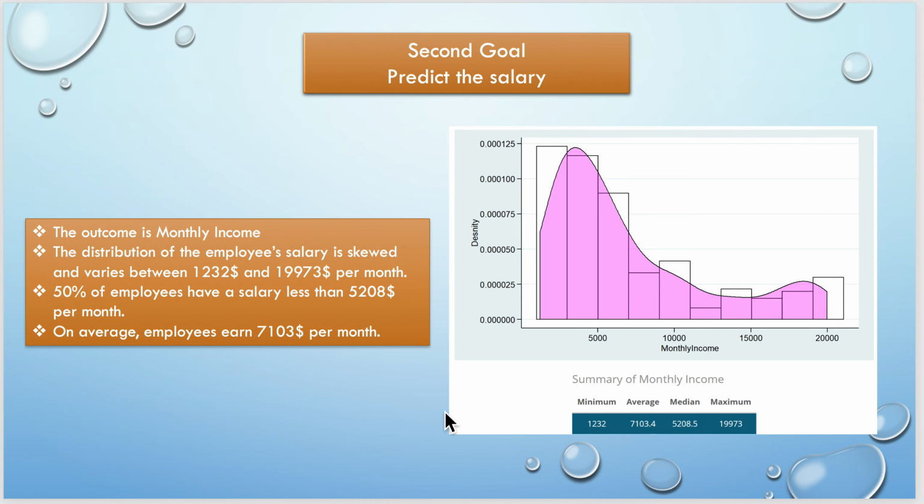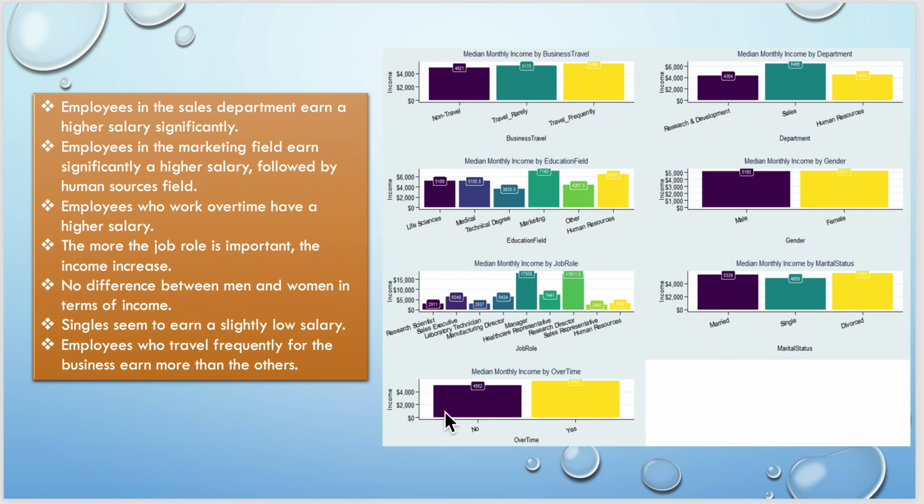Secondly, the other part was predicting the salary. The distribution of employee salary was skewed, ranging from 1,232 all the way up to almost 20,000. 50% of employees have a salary less than 5,200 per month, and on average, employees earn 7,000 per month. Employees in the sales department earned significantly higher salaries than others, and